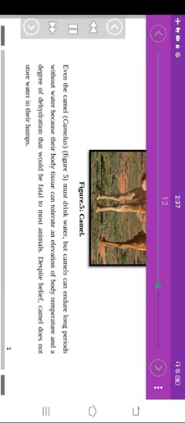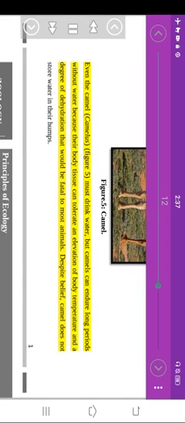Figure 1.5. Camel. Even the camel Camelus, Figure 1.5, must drink water, but camels can endure long periods without water because their body tissue can tolerate an elevation of body temperature and a degree of dehydration that would be fatal to most animals. Despite popular belief, camels do not store water in their humps.